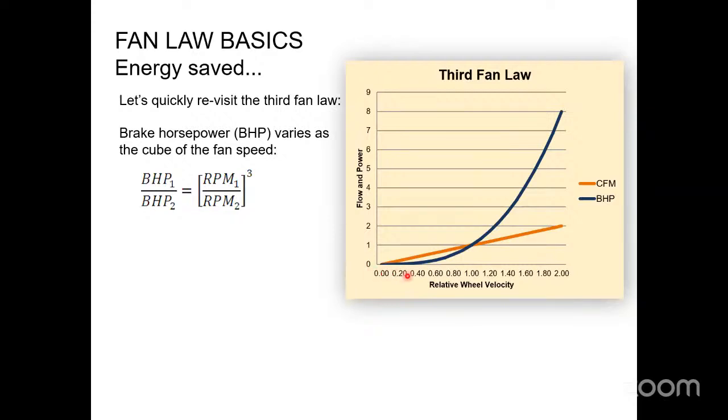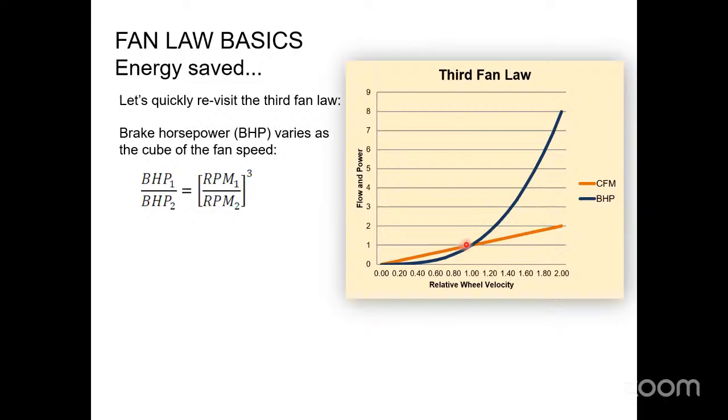So on the bottom axis here, we have the speed, RPM. On the vertical axis, we have the flow, CFM, as well as the brake horsepower. So this orange line is the flow. Let's say I start over here at 2000 RPM, or whatever this was supposed to represent, and I drop it down to 0 RPM. Obviously, my horsepower goes down to nothing as well because the system is off. But if I start at 2000 and I go down to 1000 right here,